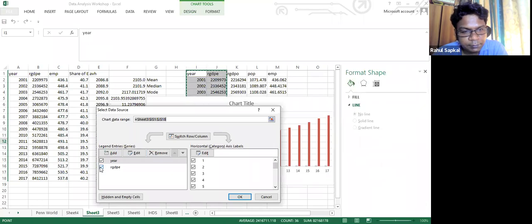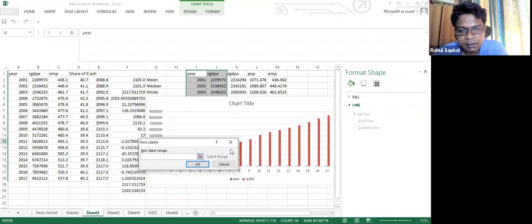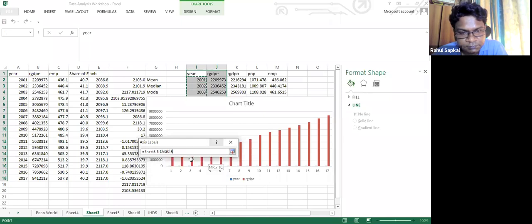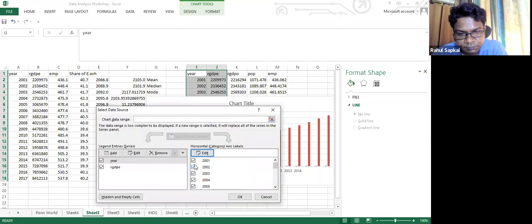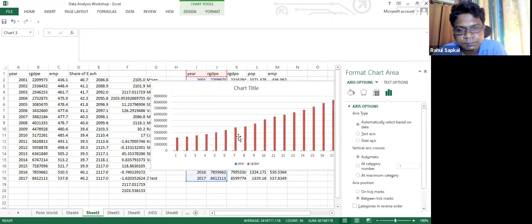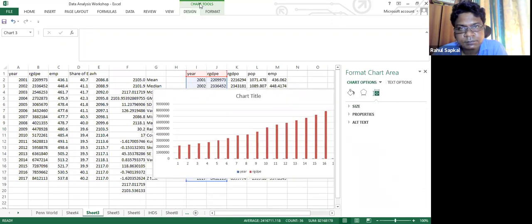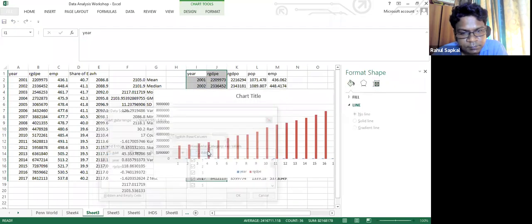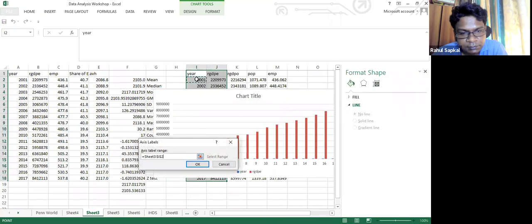Now horizontal category is this one, so I have to add, edit. What is my horizontal category? My horizontal category is my year. Edit, horizontal category.